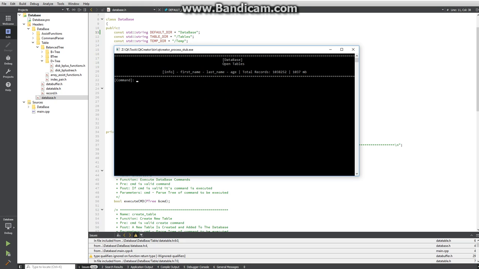And so that's specifically for select with star, because when you're selecting star, you're selecting the whole table. You don't need to filter anything, you just print the whole table. Now when I do something like select first name from info, that'll create a whole other temporary table, and it doesn't actually construct the index trees for that table because you're just printing it, you're not selecting from it, so the temp table doesn't need those. And it'll take a really long time to create